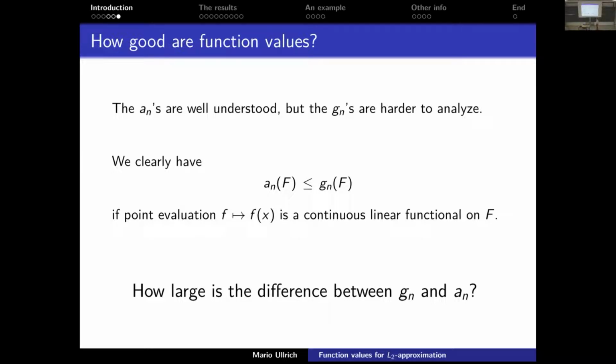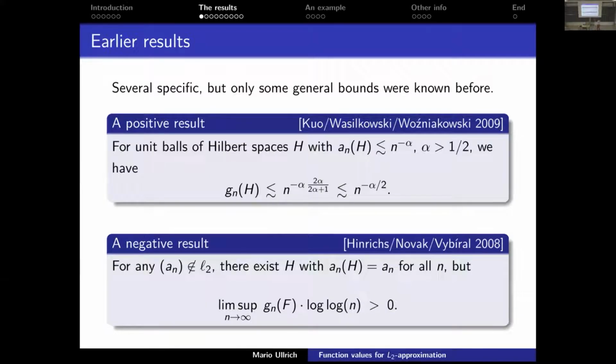And again, let me say that we would like to know how large this can be, but not for specific examples. We want to have some general theory. Maybe the only thing we know is the decay of the approximation numbers, and we want to know what then happens with the sampling numbers. That's just our general question. One might ask if this is interesting or not. It's up to everyone to decide that. But I think it's a natural assumption. We know that we can compress something with arbitrary algorithms. And now I want to see what happens if I only have function values available. Okay, so what were the earlier results?